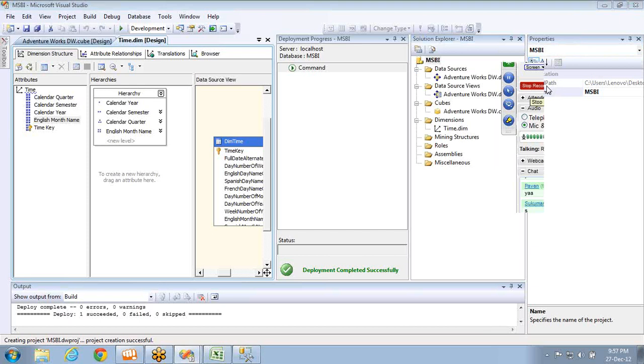This is a very tricky one, so I'm going to put an end to the session here. I suggest you go through this video, which I'm going to share, and practice it a couple of times. Not only on years, try different hierarchies, try to give attribute relationships, define hierarchies, and try to process the cube and make it successful. If it is successful, then you are good. So try to practice different types of hierarchical data,